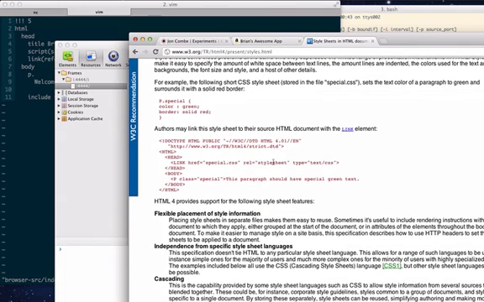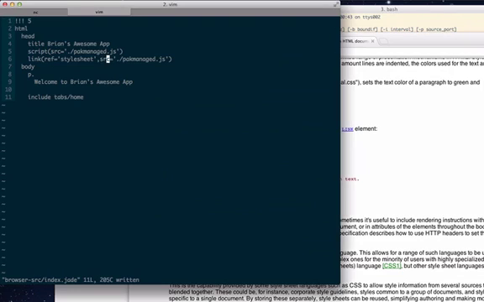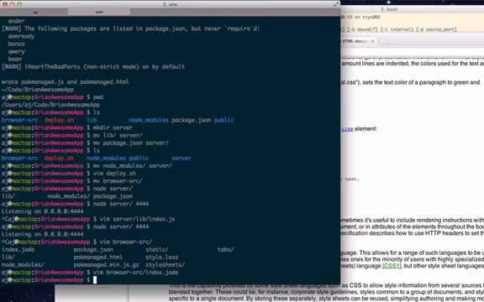Alright, so rel equals style sheet, ref, and then type. Okay, so it's ref equals style.css, which is what we compile it to, and then I guess type equals text CSS. I don't think that type is actually necessary, but we'll put it in there for good measure anyway. So we got the script tag, we got the style tag. We'll redeploy the app